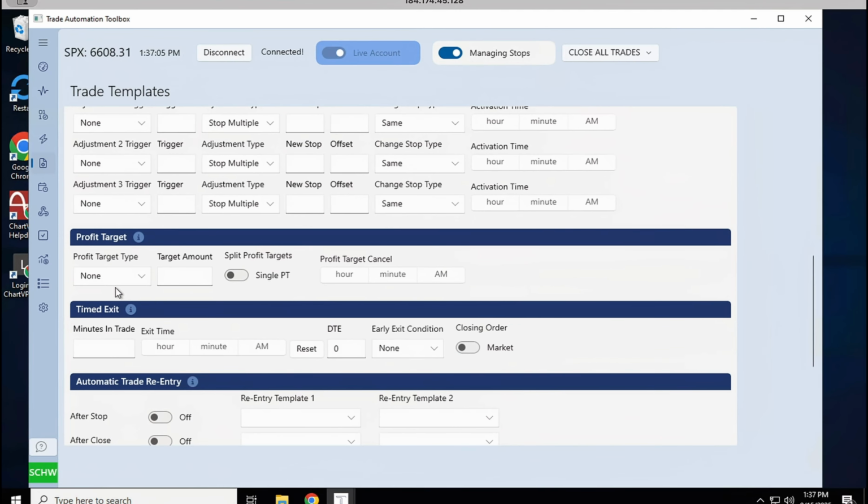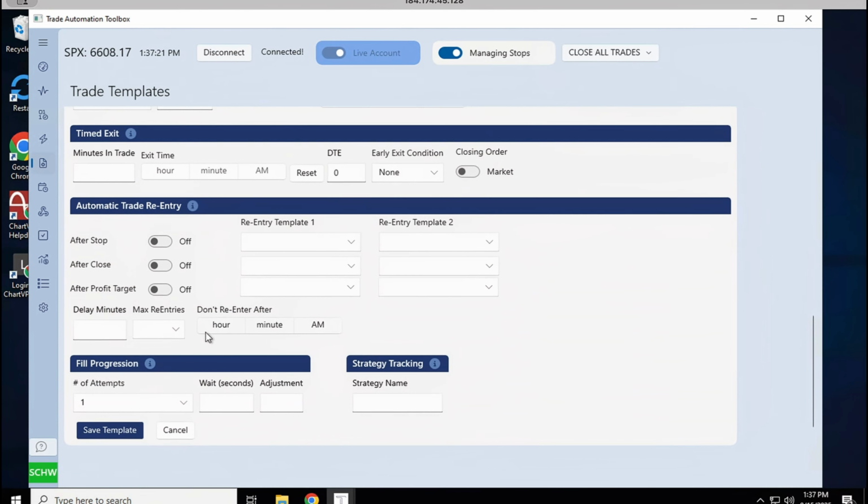And then profit targets. Some people are seeking to take profit a bit earlier. Same sort of thing. You may want to look at percentage. You may want to look at price. And then cancel profit targets if it doesn't happen by X amount of time. Timed exit is pretty straightforward. You want to exit a trade at a specific time in the day, meaning, if the profit target is not hit, I want to exit at